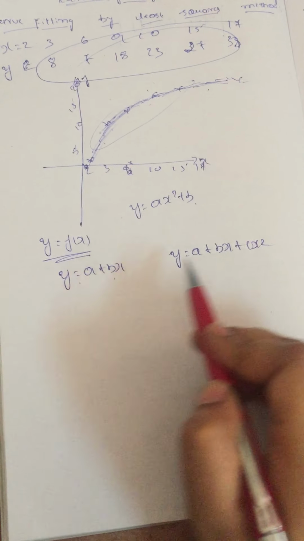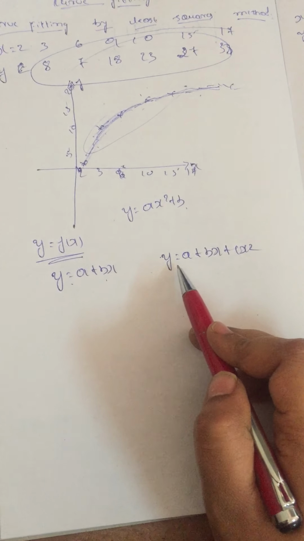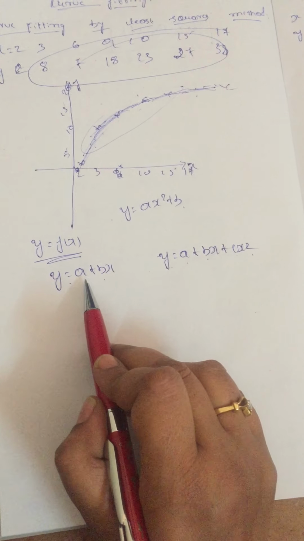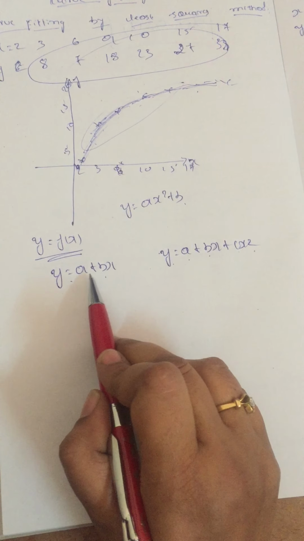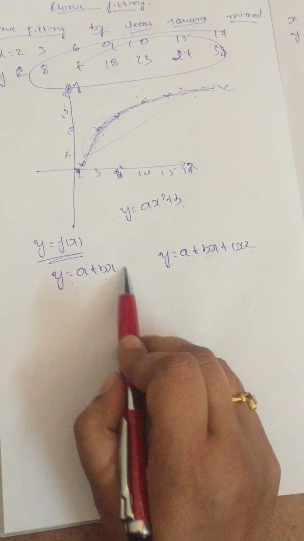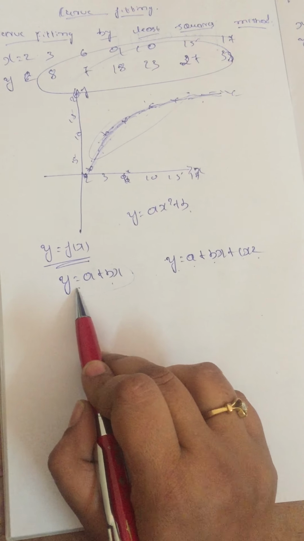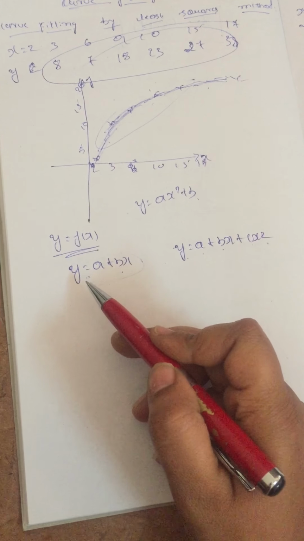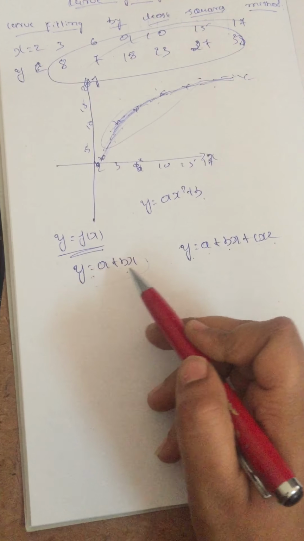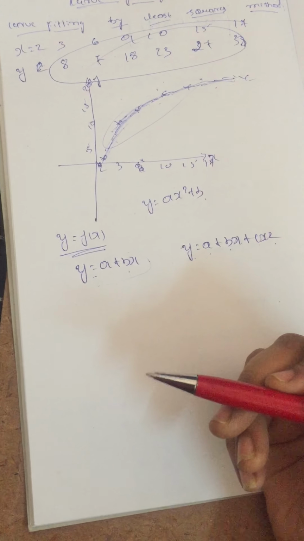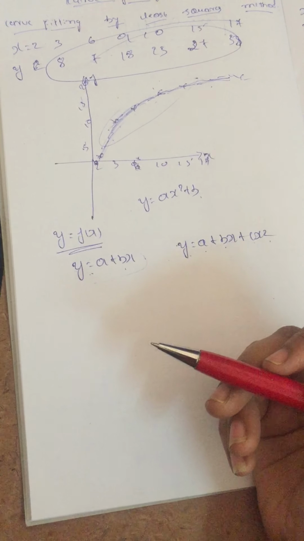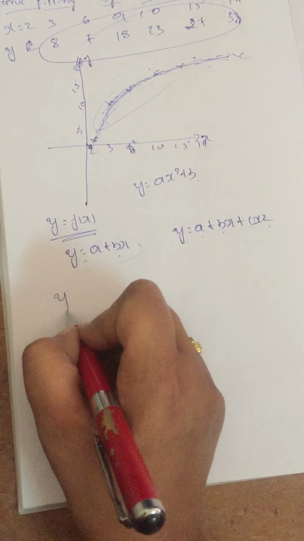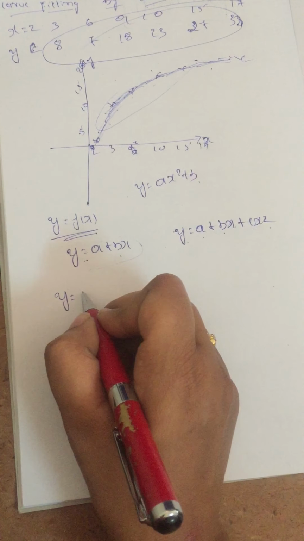So we discuss only two relations: the equation of a straight line and the equation of a parabola, y is equal to a plus bx plus cx square. Using the data, we have to find the a and b values. Setting the a and b values in this equation, we get the relation of the given data. Here we use the normal equations to find a and b. For finding the normal equations, one small derivation is there, so I neglect the derivation and just write the normal equations. It is very easy to write the normal equations.